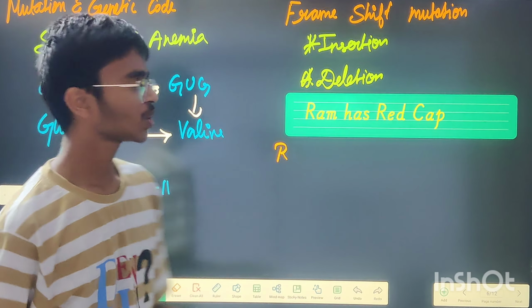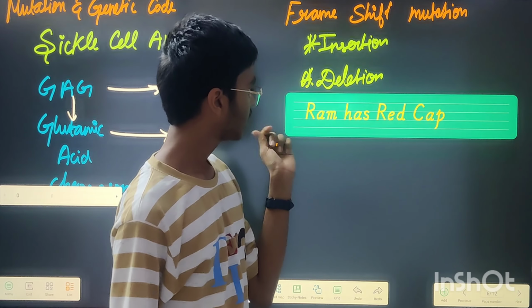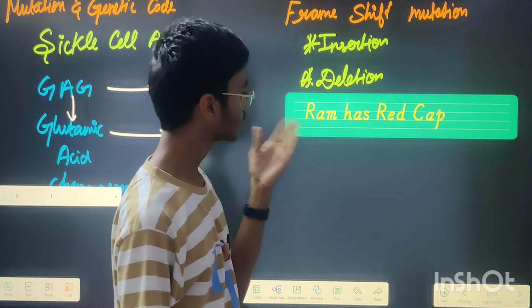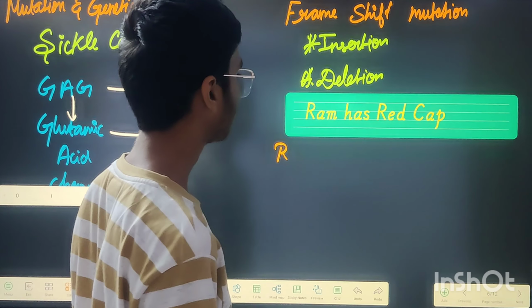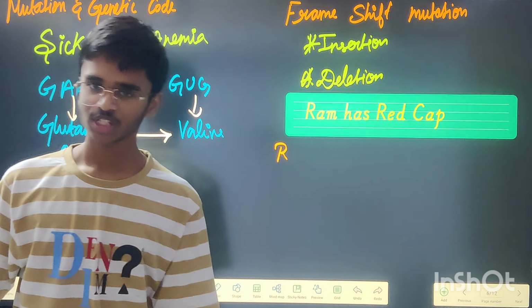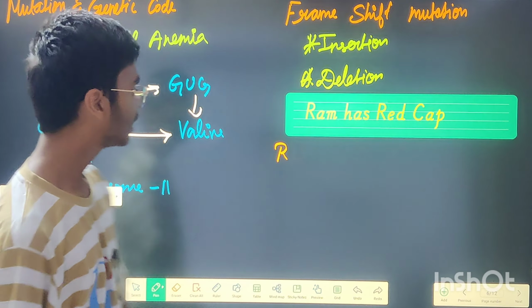Even though we don't have anything like R, M, H, S, E, D or P as nitrogen bases, let us consider that these are codes. So when I insert R,